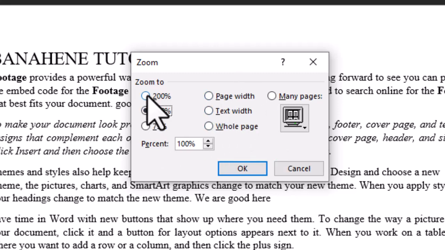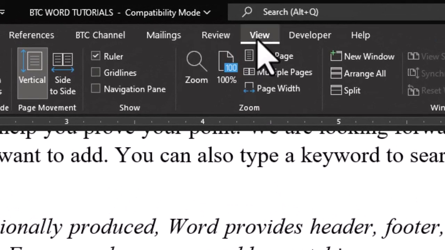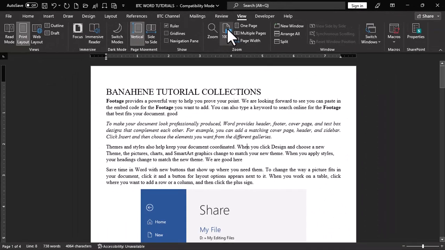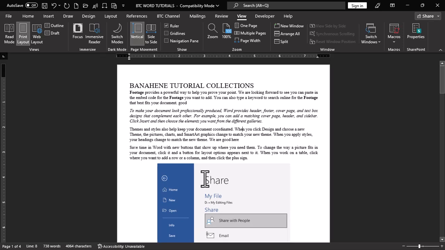So if I click on this option and click on OK, which is 200%, this is going to zoom in my content within my document to 200%. And if I want to switch back to 100%, in the zoom group in the view tab I'm going to click on this option, and this allows me to zoom out to 100%. When you click, you can enter a particular number in this field. I have typed 80, and when I click on OK or press the enter key, this is going to zoom